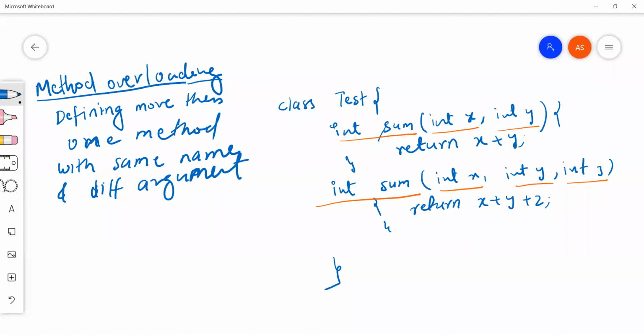So whenever we define a method more than once in a class with the same name with different parameters, then we can say it's overloading.